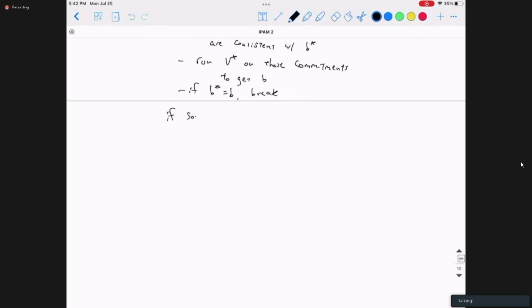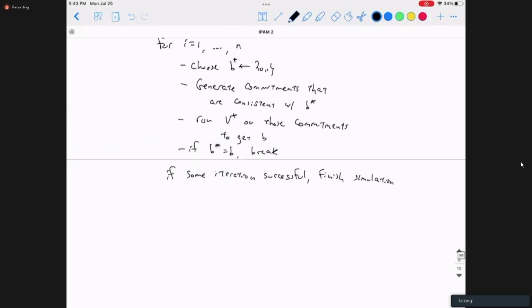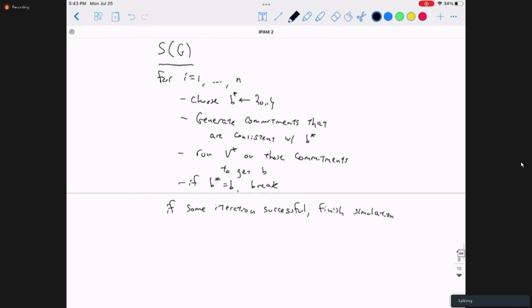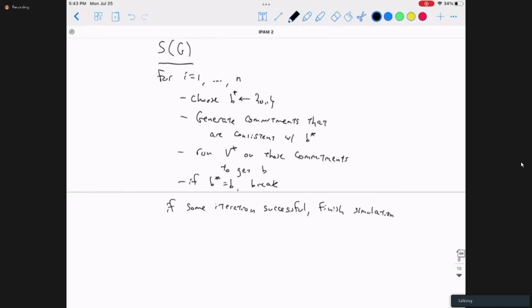Okay, so if some iteration is successful, finish the simulation. By which I mean, again, that an iteration being successful means we correctly guessed the bit. Finishing the simulation means we just opened the commitments that we had, consistent with the challenge bit that we got. So I'm not going to be able to do a full proof, unfortunately, but let me just sketch the highlights of the proof. The main claim here is going to be that the probability